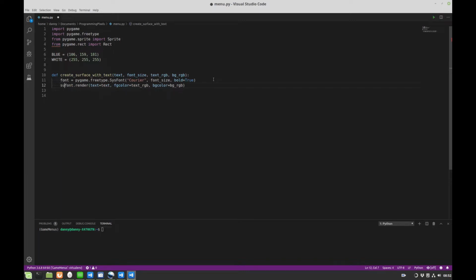And of course, this returns a surface object and I think a rect object, but we're not actually going to use the rect object, we just want the surface for now. Okay, and finally we're just going to actually return that surface object, and I'm going to convert it